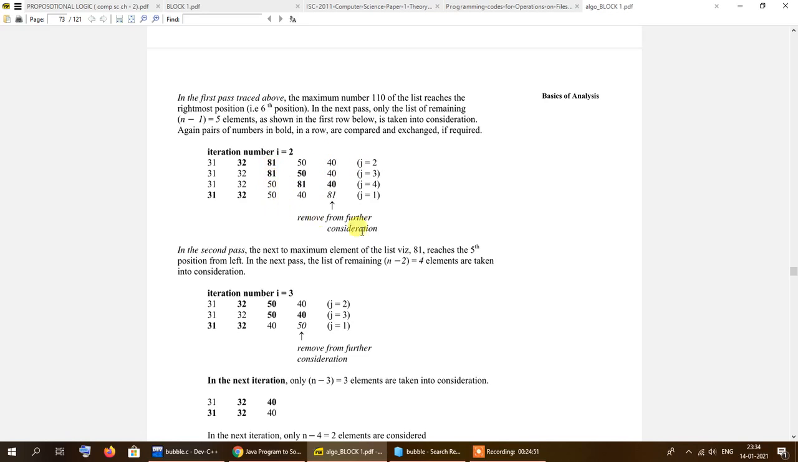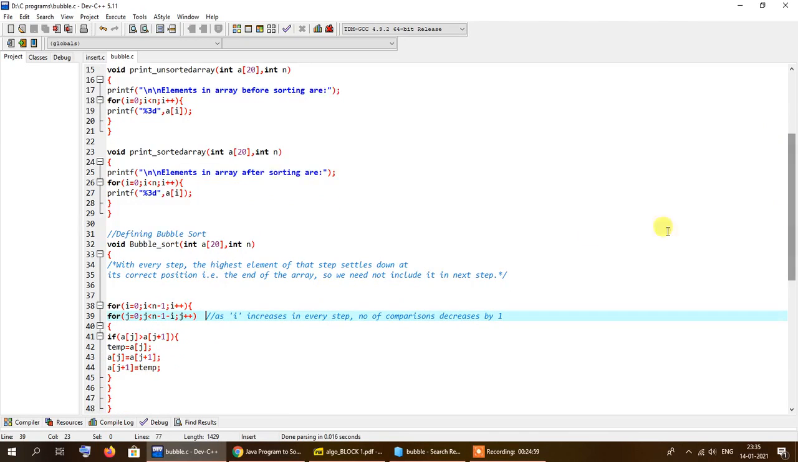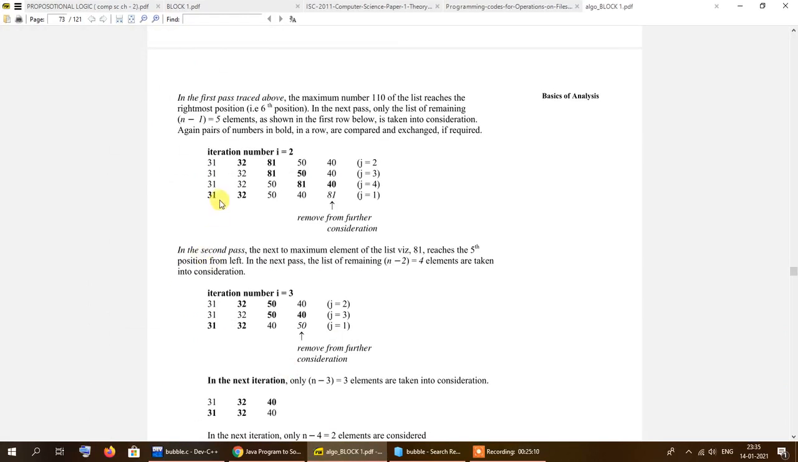So like this, it will remove one element from comparison in each subsequent step of the iteration. And these aj and aj plus 1 refer to the adjacent numbers in the array. So you can see that there are two numbers, this and this. If we take this as an example, this is aj, and here